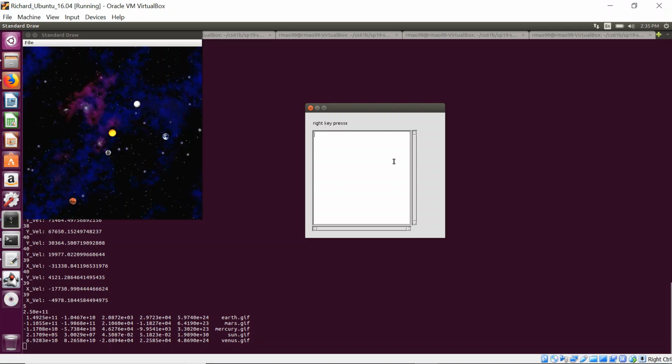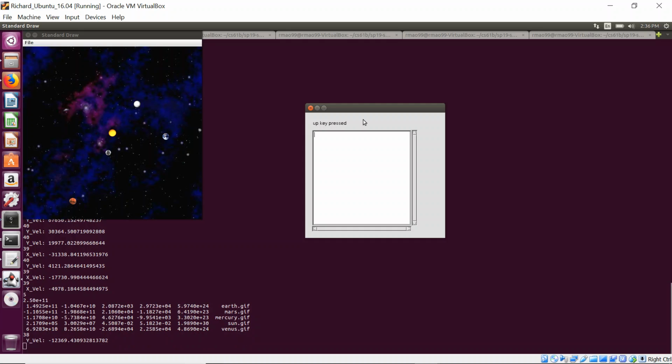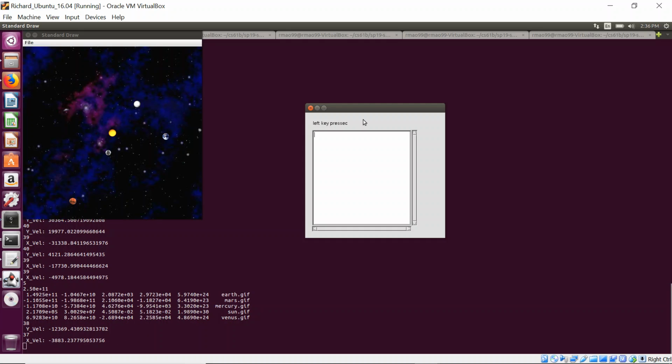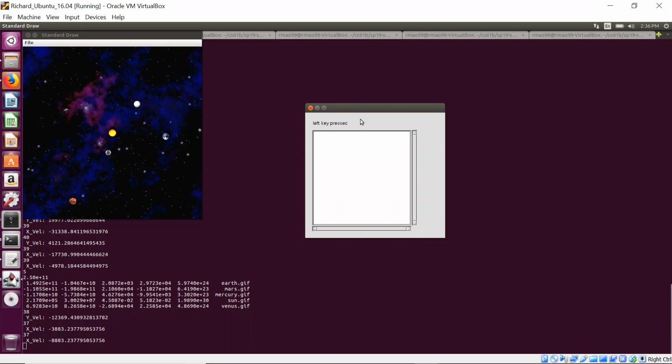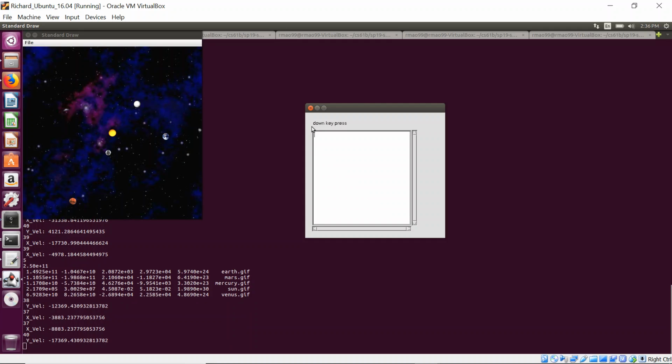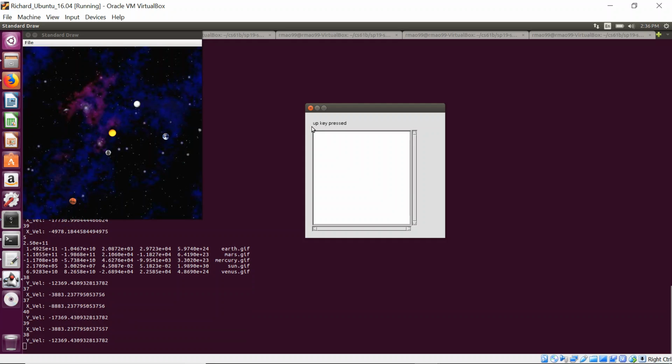So basically the ship Java class, while it has the same body as nbody extreme, also implements the key listener interface. So I have a few extra methods, like if a key is pressed or if a key is released and that sort of thing. If a key is pressed, I check what key is pressed. If the up key is pressed, I will increment the current velocity by I think 5,000. If the left key is pressed, I'll decrement the x velocity by 5,000. If the down key is pressed, decrease the y velocity, etc., for all the different keys. So that's basically how